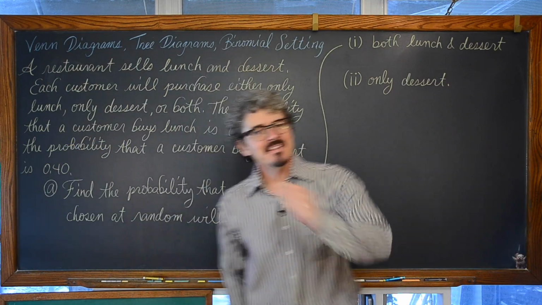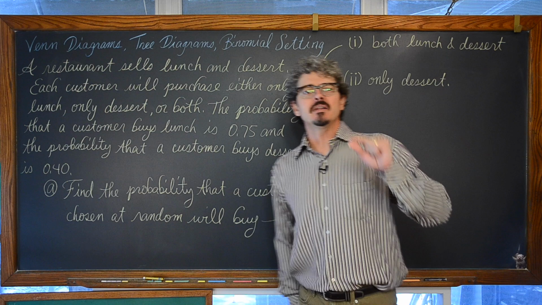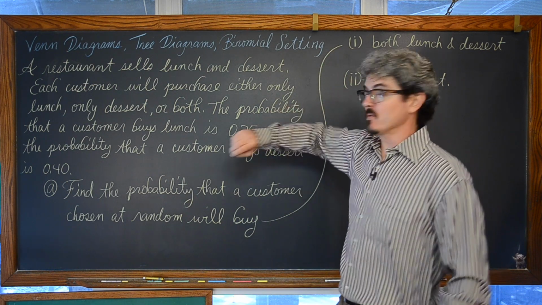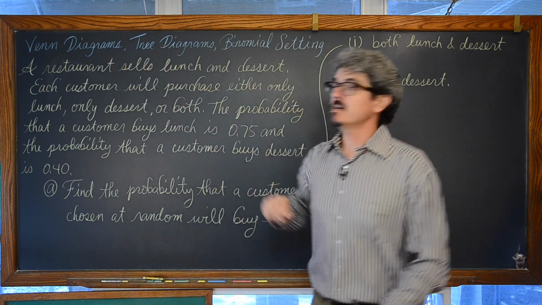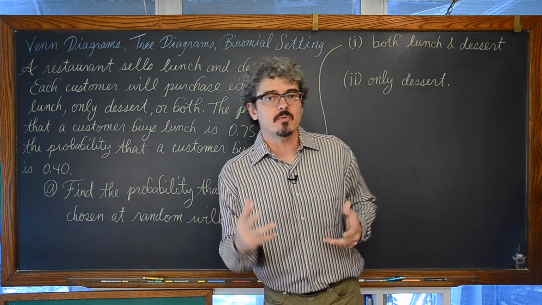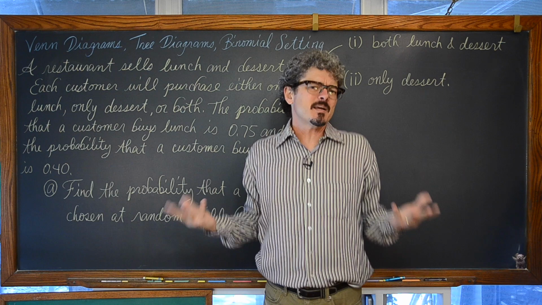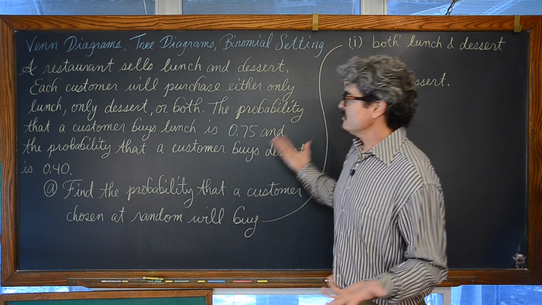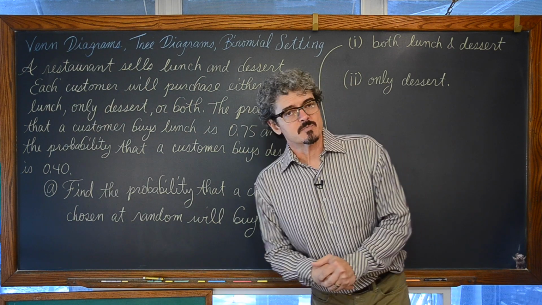Mr. Tarrou, in this video we are going to review, deepen, and basically test your knowledge of the skills we just learned about the use of Venn diagrams and tree diagrams in the binomial setting to help you answer probability questions. It's a type of question that you might see on an AP test or an IB exam, or at the end of your chapter test dealing with this particular topic.